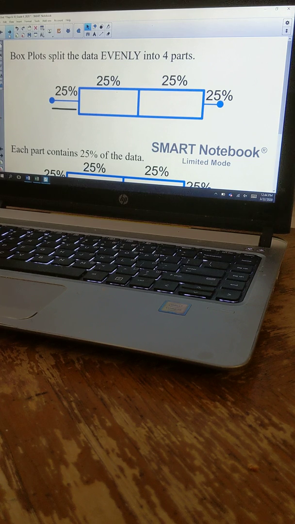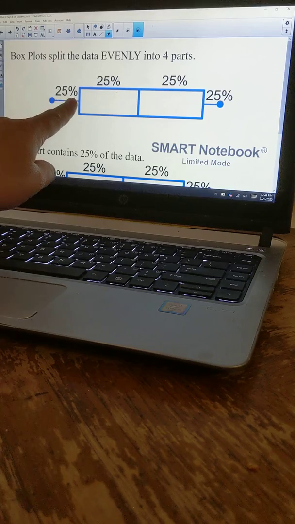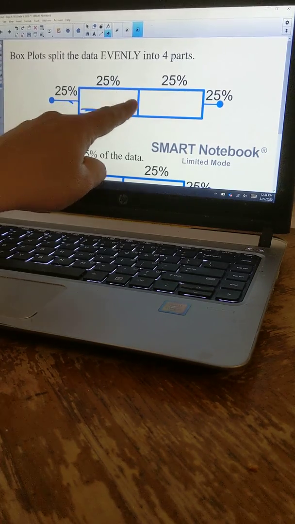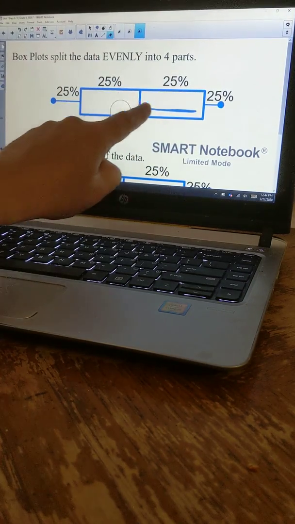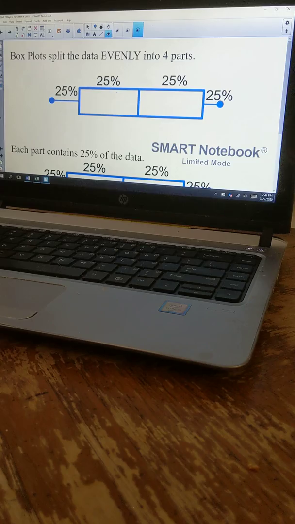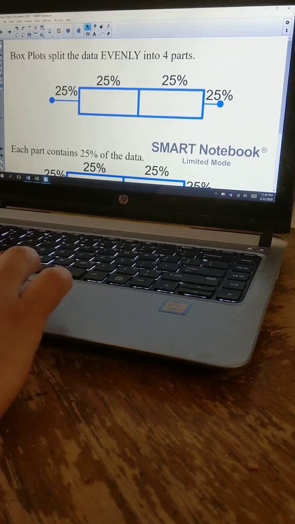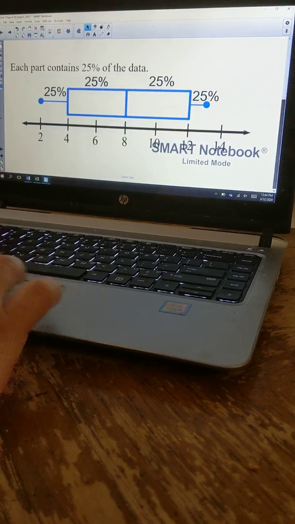Okay, box plots. The interesting thing about a box plot is all of the data is split evenly among the 4 parts. So 25% of the data is here, 25% of the data is here, 25% of the data is here, and 25% of the data is here. Now you'll notice that the size of each piece aren't all the same, and that's okay. What it's saying is if we had numbers on this graph, so I'll make it a little bit easier to understand, as we have these numbers on the graph,